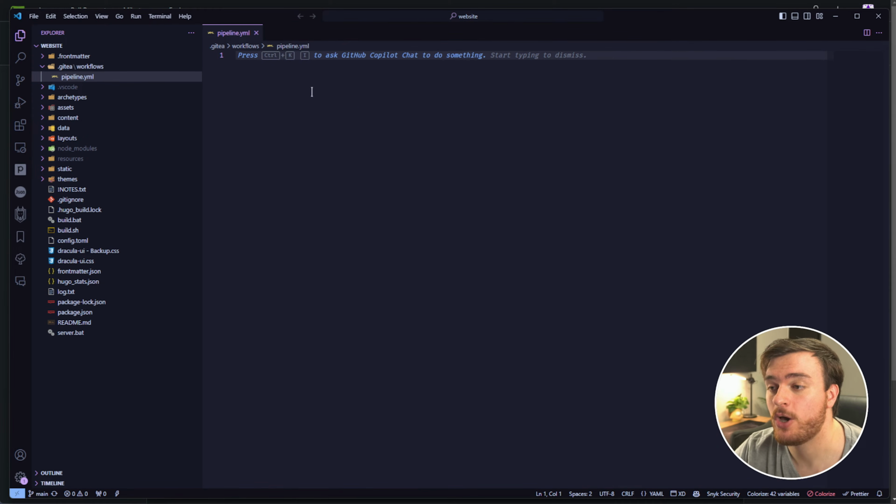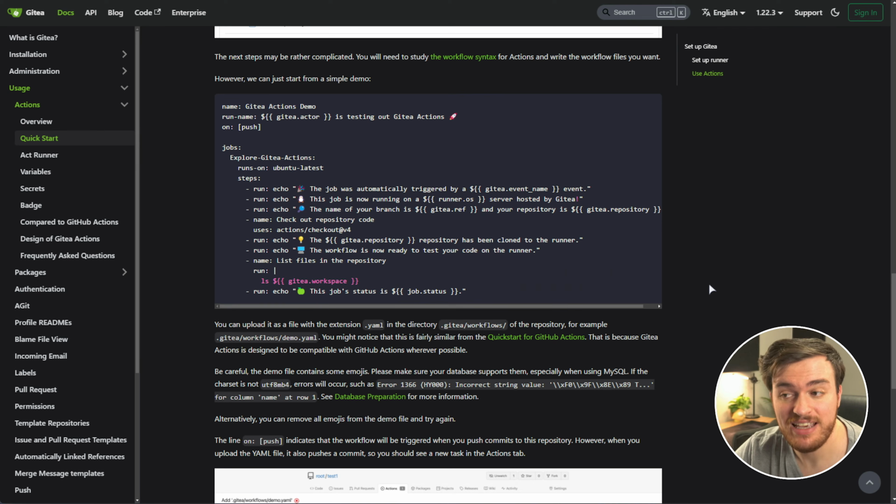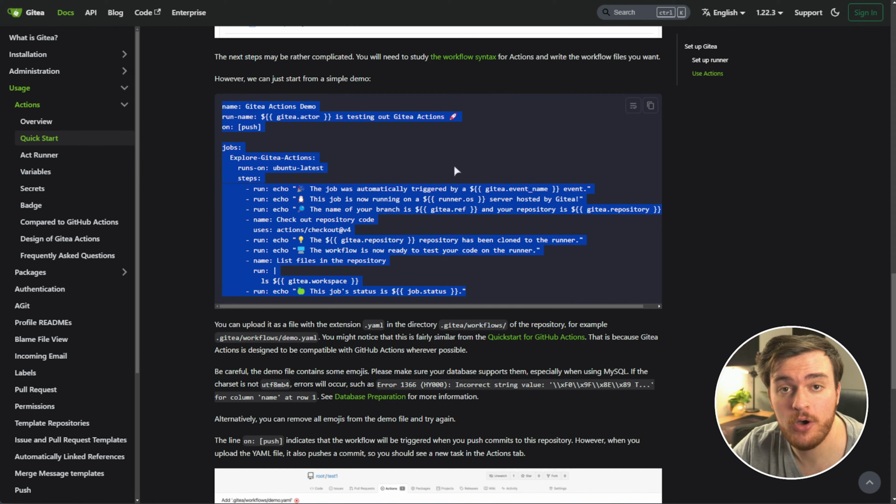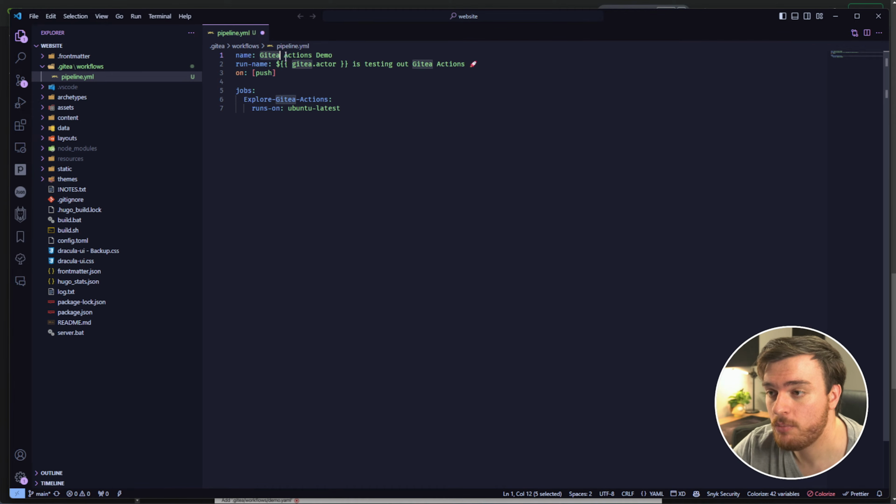Inside of here, we can start coding our builder. You can do this easily by adapting the example code, which I'll do here. So I'll copy this and we'll paste it in. So we are building our website. It's building our website, and it'll build every time we push. I'll call this builder, and it runs on Ubuntu latest. That's pretty good. Just keep in mind, if you want to run any custom images, you'll need to whitelist it